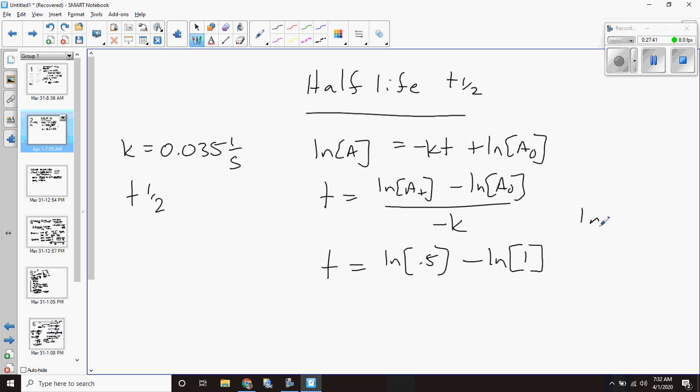The natural log of 1 is equal to 0, right? So it's kind of cool. So what this works out as, by the way, we have to divide by negative k, and the rate constant for this reaction happens to be positive 0.035, but we have to make it negative 0.035, all right? So what we're going to end up with is just the natural log of 0.5. Now, if you remember in the previous problem, the natural log of 0.5 is a specific number. It is equal to 0.693,